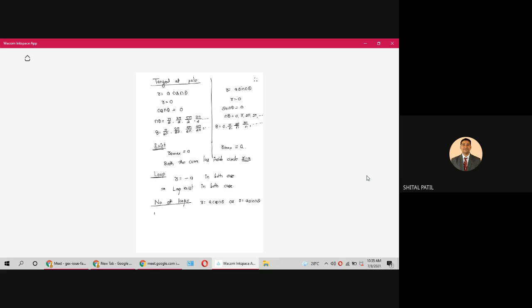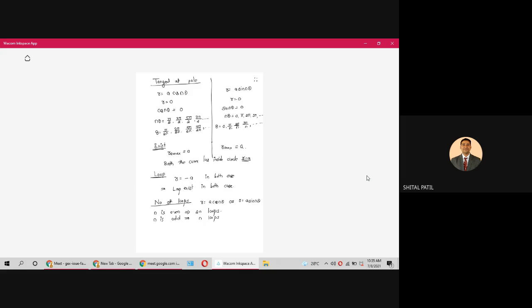So when n is an even number, 2, 4, 6, like this, 2n loops are there. And when n is odd, n loops are there. Now, how is it obtained? It is obtained by considering the previous polar form part. The curve, say R equal to A cos 4 theta, is taken, and then all the tangents are obtained. Then whether it is passing through the pole or not, all these things are obtained, and then the curve is drawn, and it is found that if n is odd, n loops are there. If n is even, 2n loops are there.